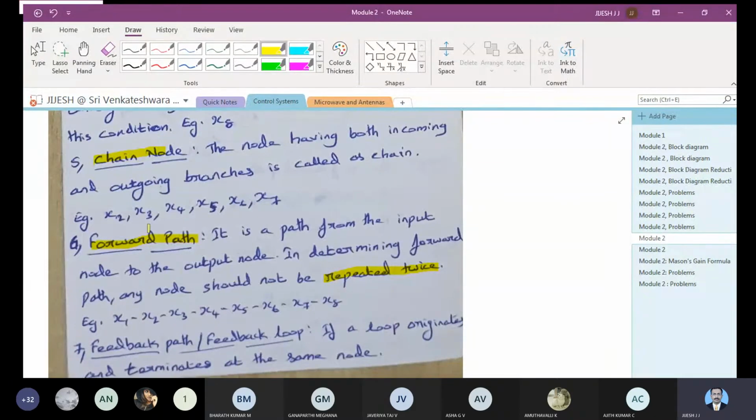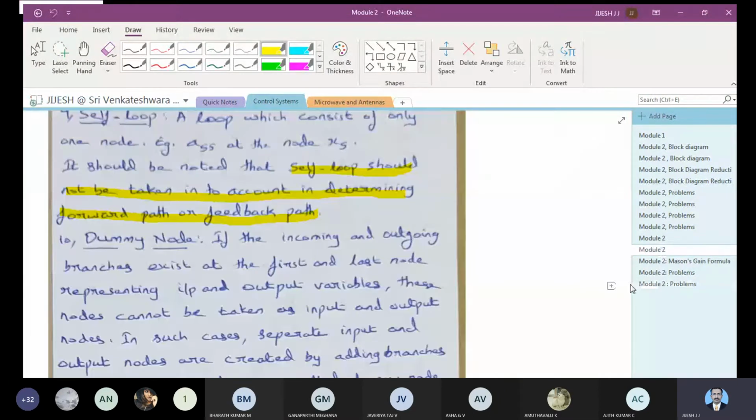Once you leave one point, for example x1, then you keep going x1, x2, x3. You should not come back to x2 or x3 again. You should keep going forward without coming back to the same node. Then it is called a forward path until it reaches the destination. So those things are what we discussed in yesterday's class. And then moving on further,